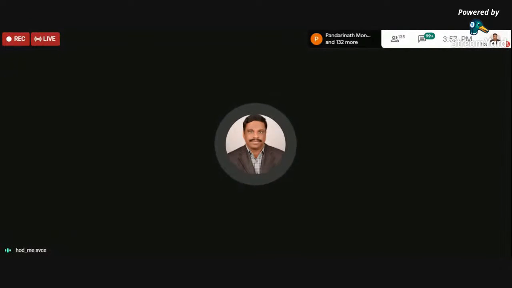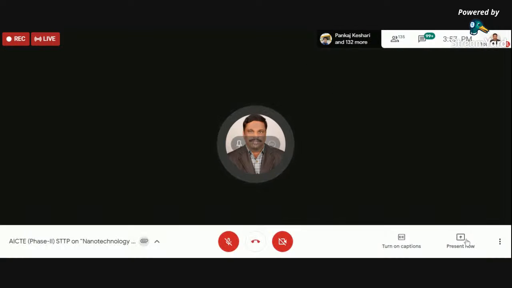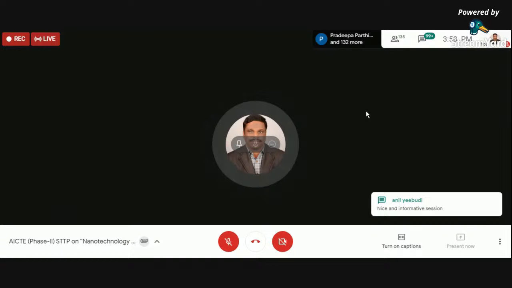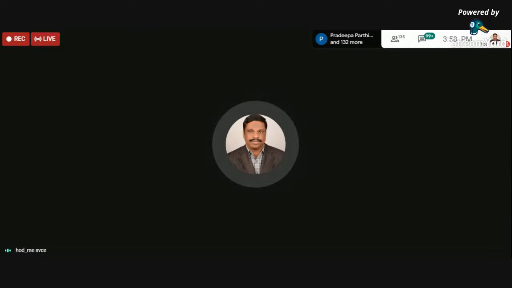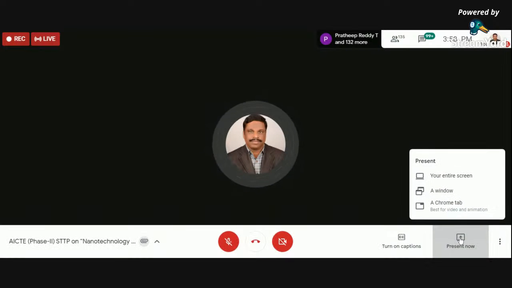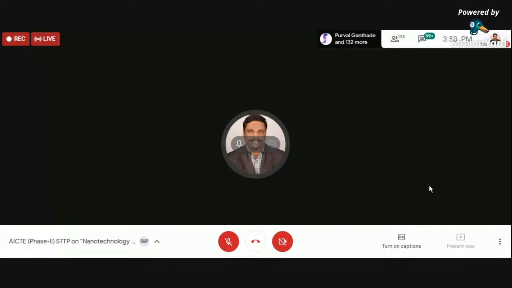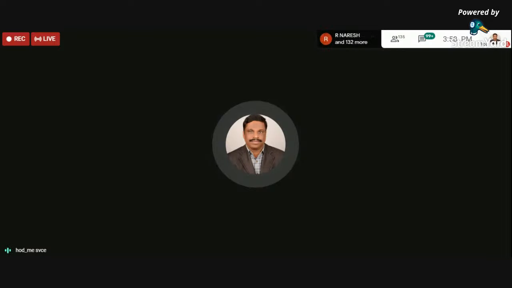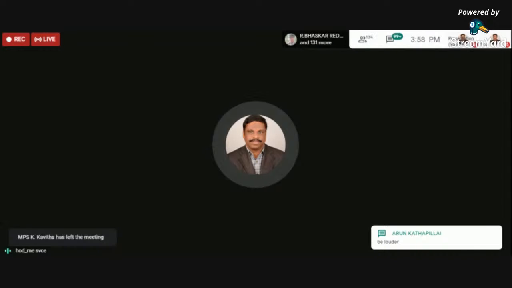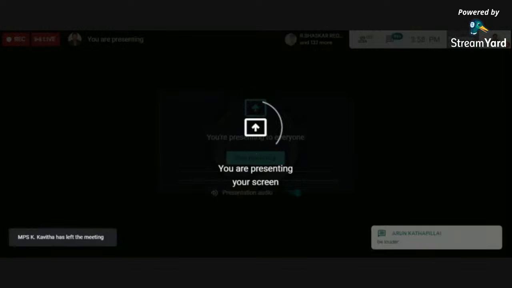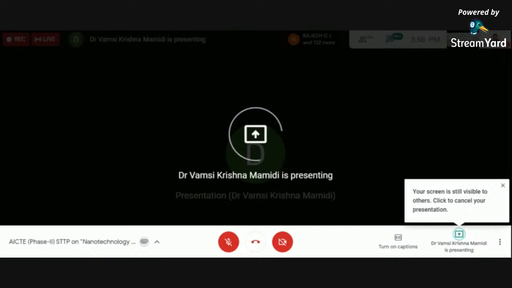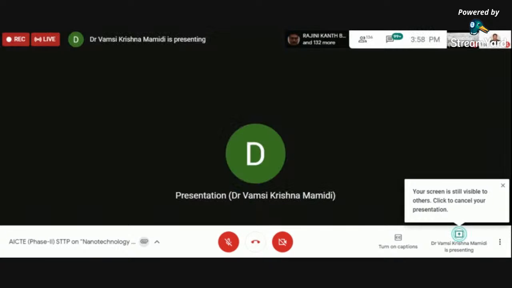So anyone can show the attendance that we have collected session-wise. We have a session-wise assessment, and how much time you have spent in each session. Madhivanan sir, someone can present the attendance, so that it shows the participants how much time they have spent in each session. Based on this attendance only, we are going to give the certificate.